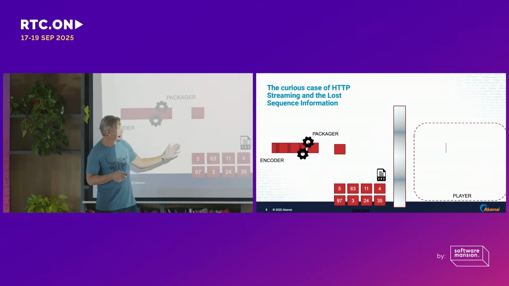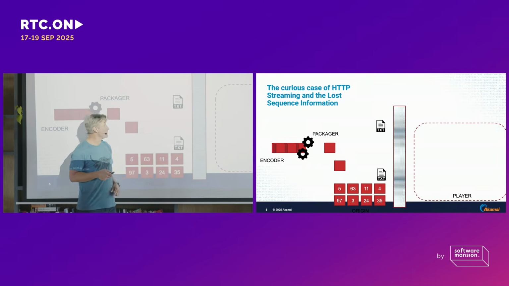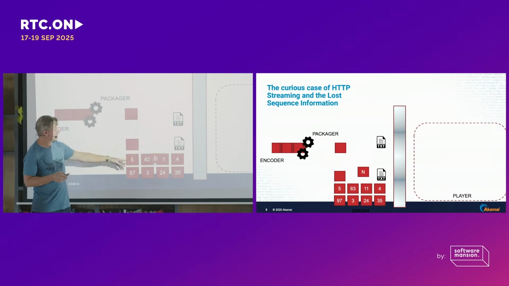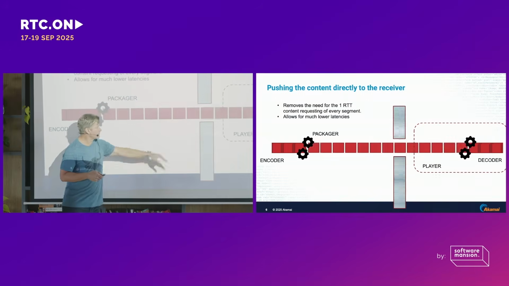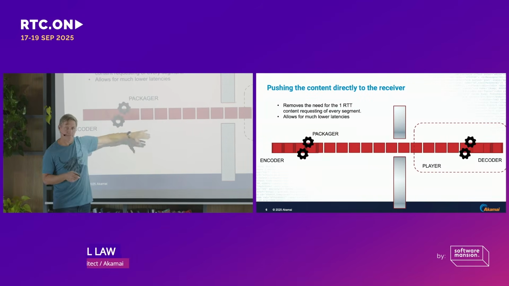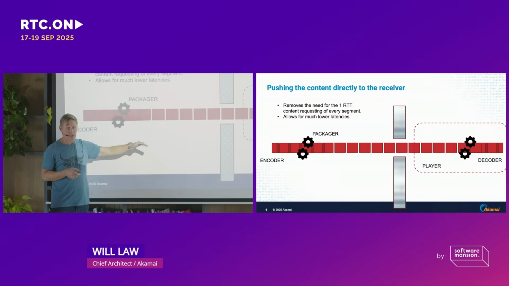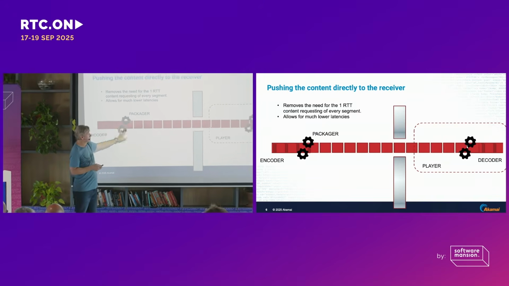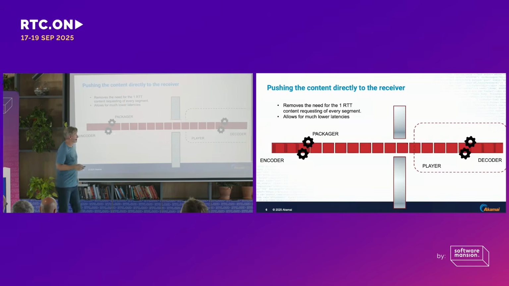So when I want to play this content on the other side of my virtual wall, I have to send my text file to the player, and the player reads it, and then it knows how to request these segments in the right order, and it can basically feed it into the decoder. But wouldn't it be cooler if we could not do that and just send our media straight through? So if you're in a broadcast world, or if you're using WebRTC, this is essentially what you do. But we're talking about upgrading very highly scalable distribution, millions of concurrent users, to use a solution more like this.